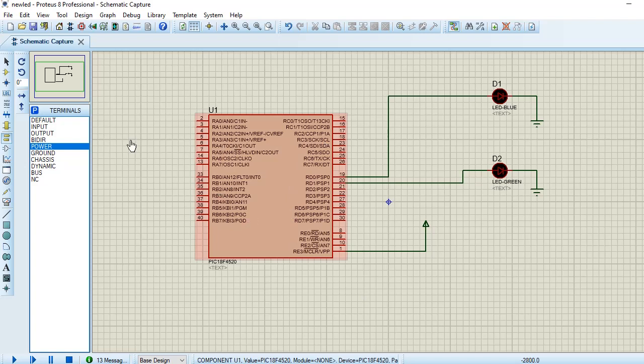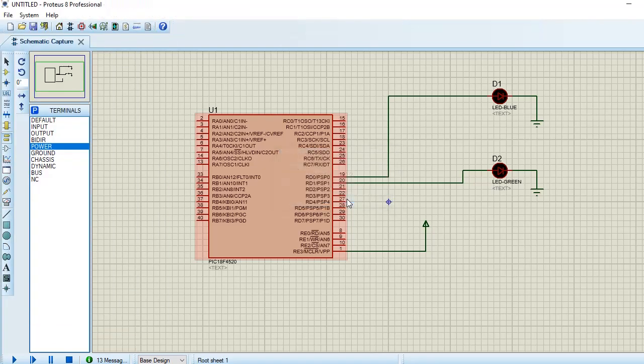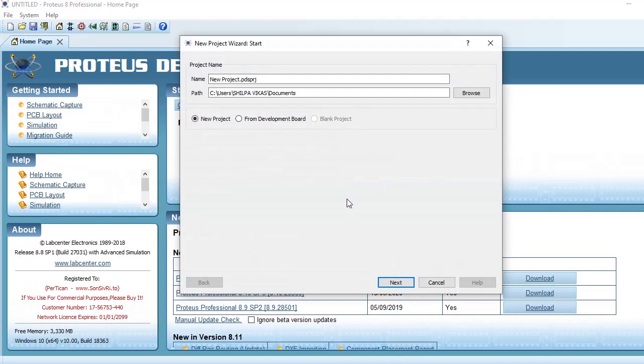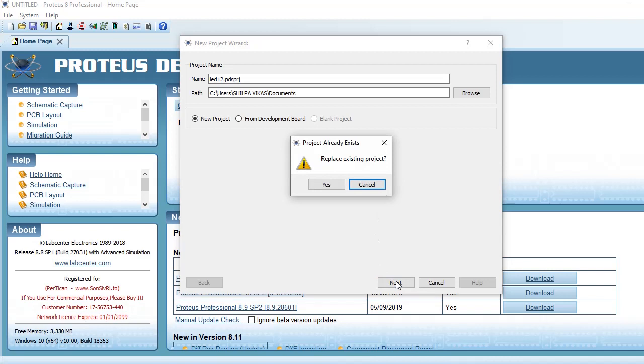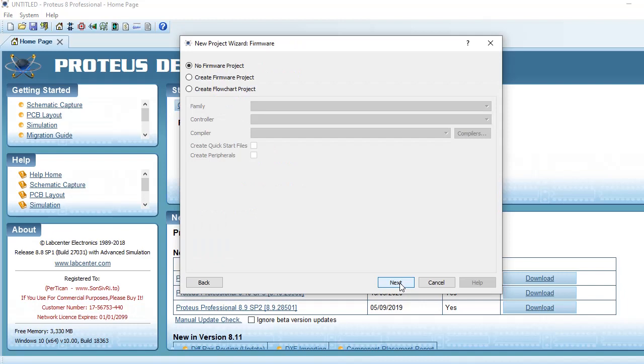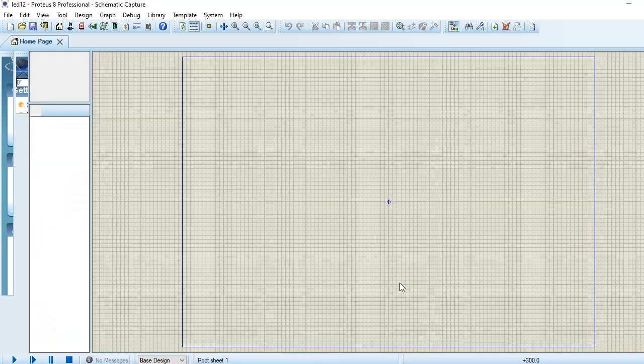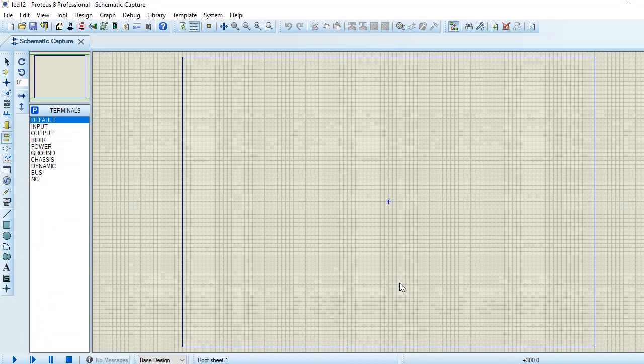In the Proteus simulation, we need all the components required for LED interfacing. Let's do a new project. It will build a blank project for us.